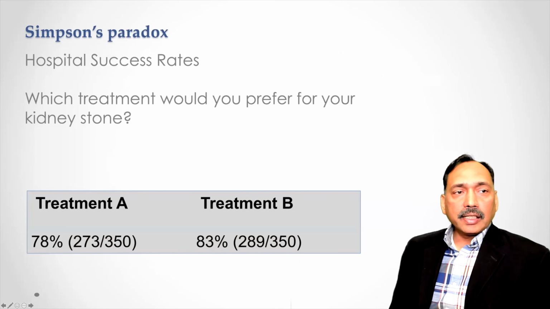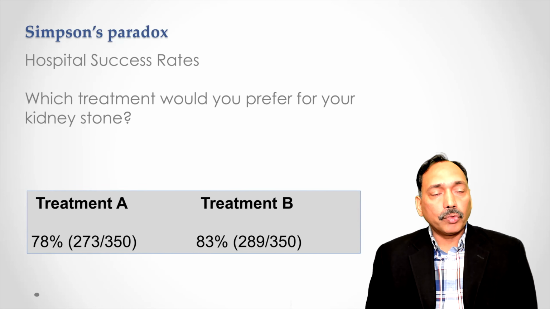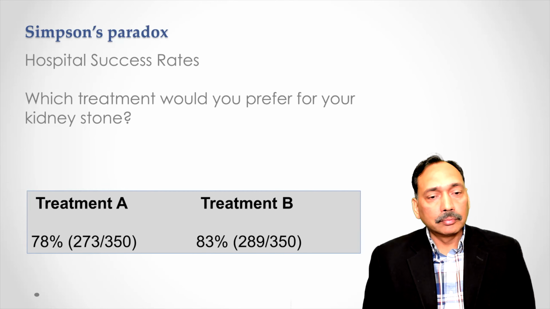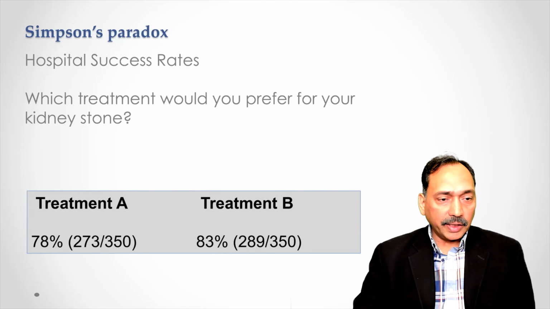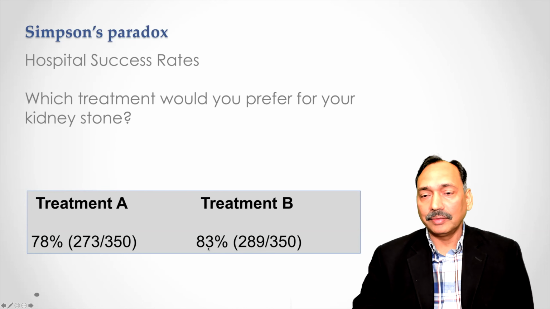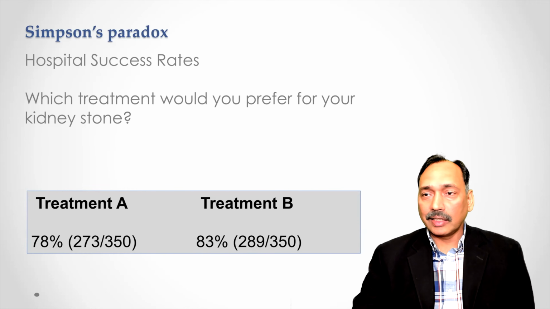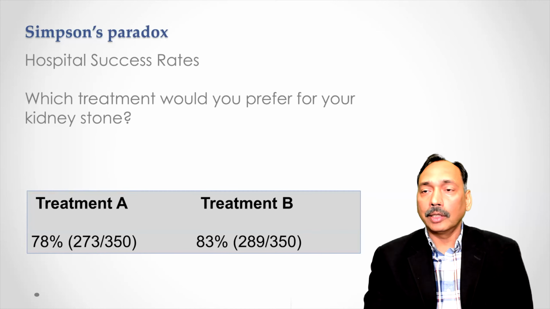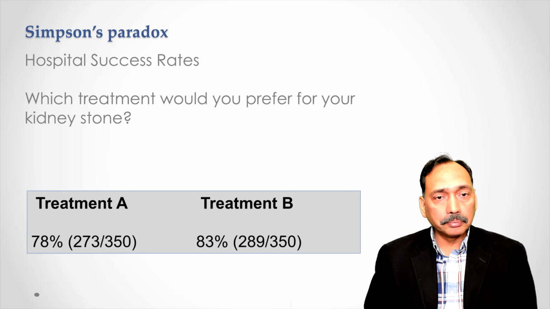Another example is a hospital success rate. If the question somebody is trying to answer is, which treatment would you prefer for your kidney stone? Treatment A or treatment B? Just by looking at the numbers, we see that treatment B has 83% success rate. And someone who is not careful and who doesn't ask deeper questions may be misled into concluding that treatment B is better than A. But if you look at the breakup,